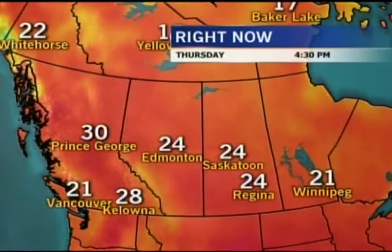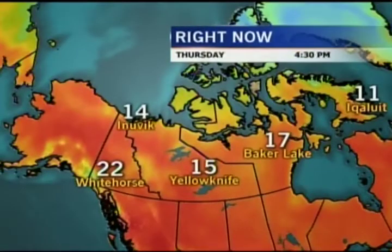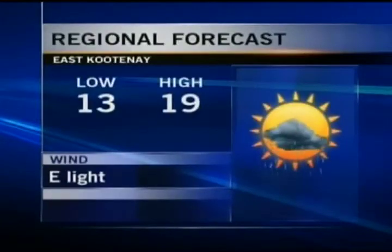Nice conditions in Saskatchewan, Regina and Saskatoon both at 24. 24 in Edmonton. Northern Alberta and northern BC are going to have a totally dry weekend, is what it looks like right now. That concentration of rain is going to peter out in the south, but will be the area that gets hit. Sun and cloud mix in Vancouver, sunny in Whitehorse right now, and a sun and cloud mix and 15 degrees in Yellowknife. Overnight forecasts in East Kootenay, you're looking at light rain tonight, 13 for a low,